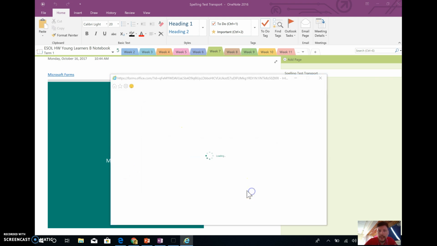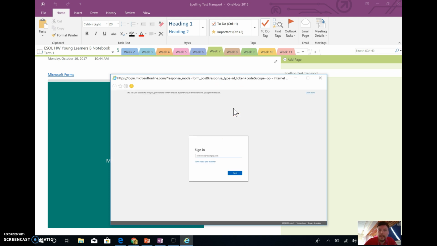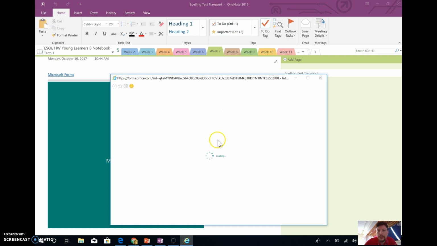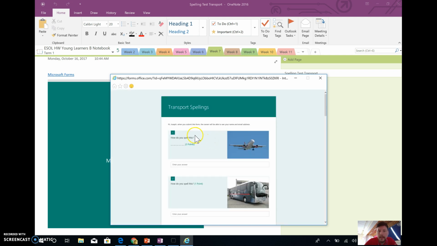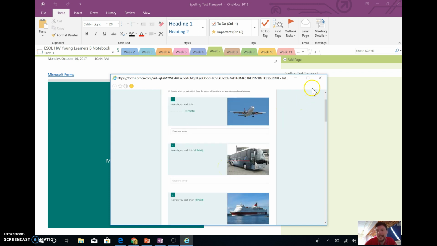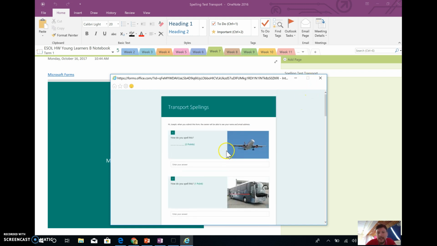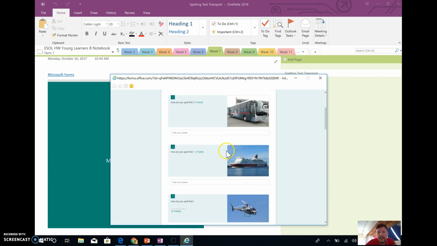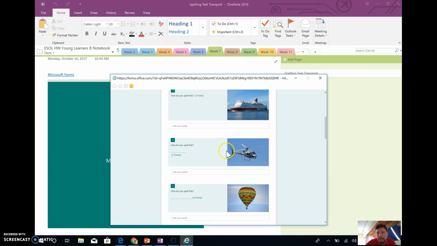But, probably should have checked this before I showed it you. But it should automatically know that I'm logged in as myself. Oh, there we go, sign in if it doesn't know who I am. And there we go. So, how do you spell this? How do you spell this? You say I got round it with the spelling test. What I did was I put clear pictures, plane, coach, boat or ferry,